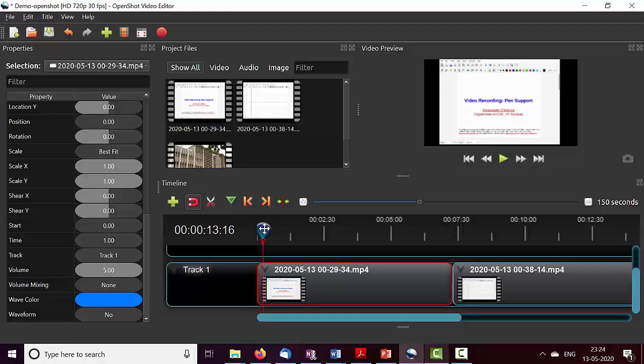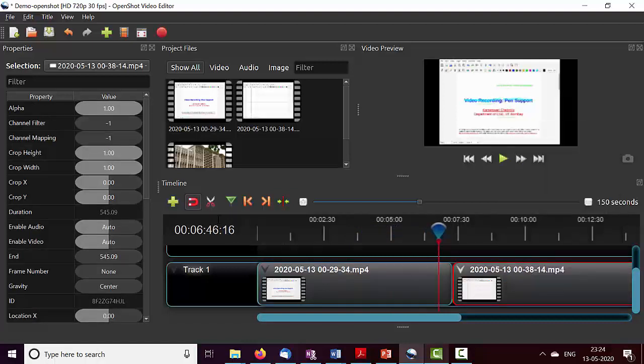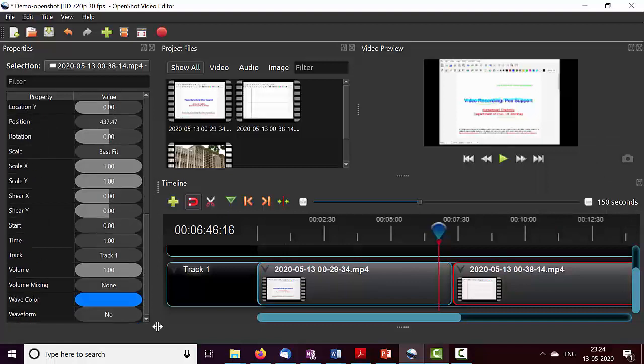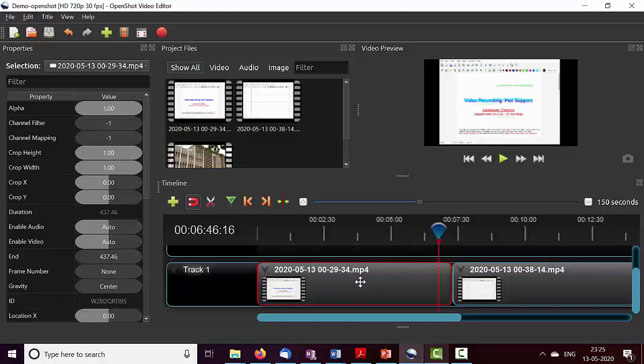And if I move this blue slider now, as you can see, it has applied this 5 to the entirety of its clip. This clip, if I were to select properties, this clip still has volume 1. I didn't touch this. I only changed the volume of this particular first clip. So if you were to play the video now, here it sounds louder. So that's the basic idea.